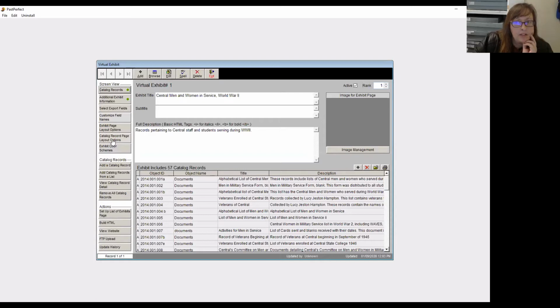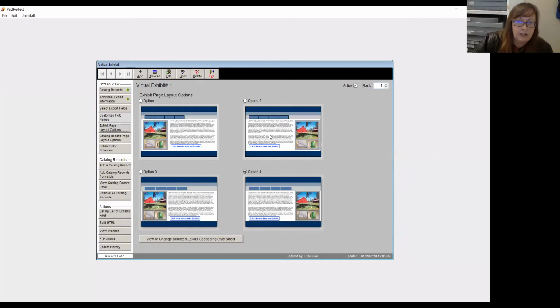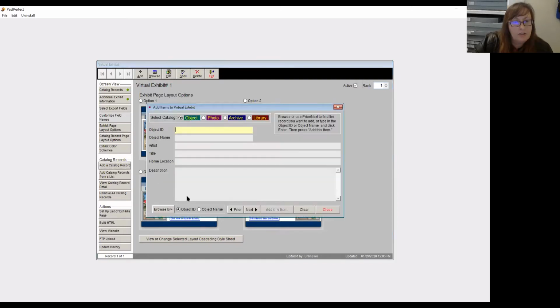But it gives you all kinds of ways you can lay it out on your website. You can customize the buttons, you can customize the title text, your information, and then when you add your records,